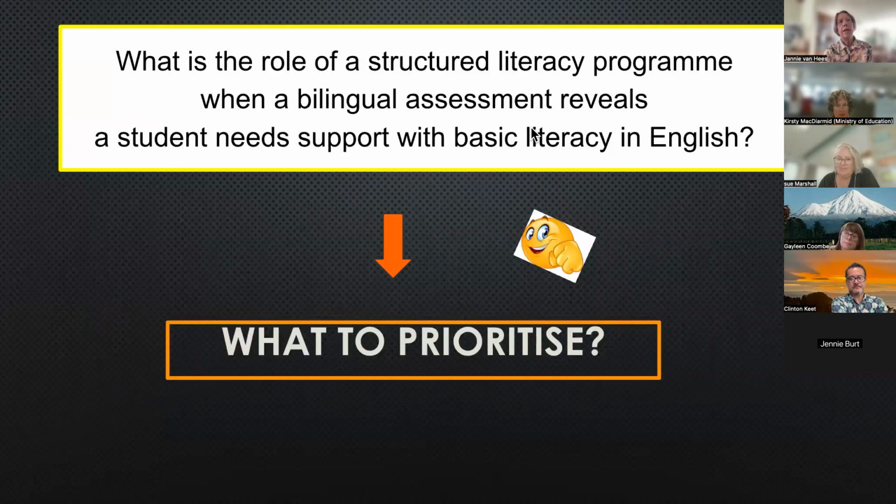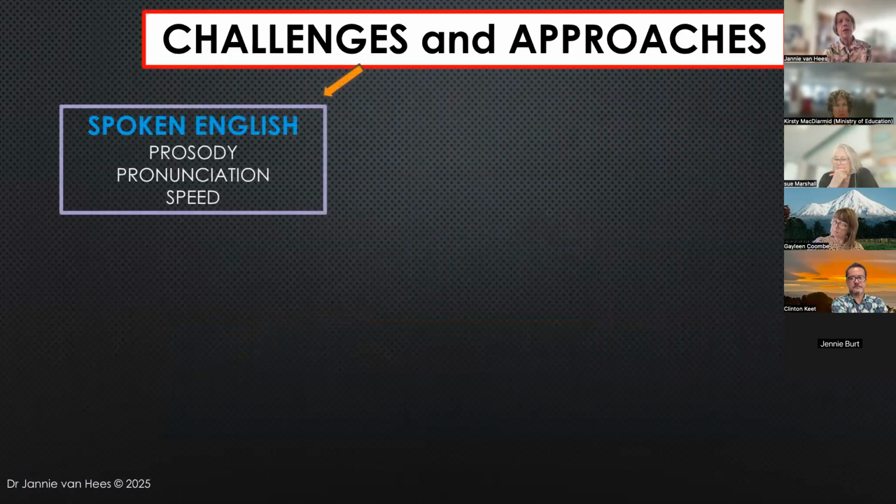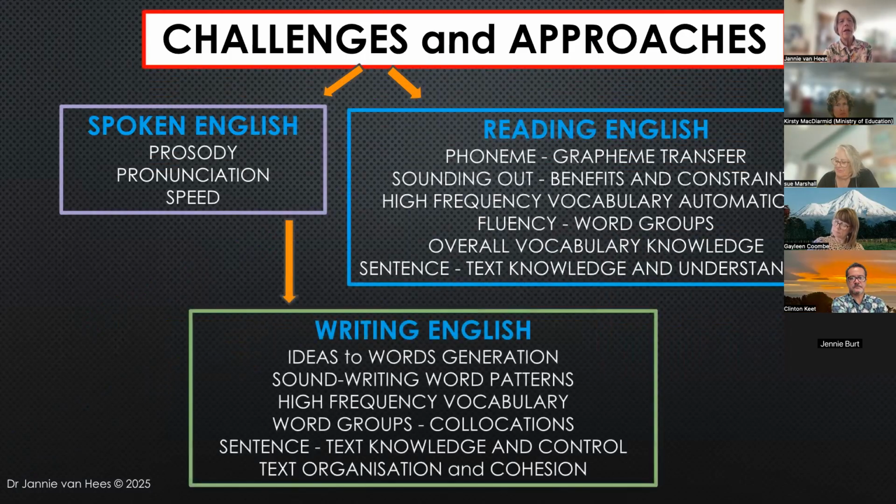So then I'm asking that question again, what to prioritize? I just want to take you again, you're experts in language and in learning and lots of other things in your lives as educators, but your particular focus as RTLBs. But if you distill down to these rather simple major component parts, spoken English, we might take for granted, is easy to acquire, and social communicative English is in a certain sense.